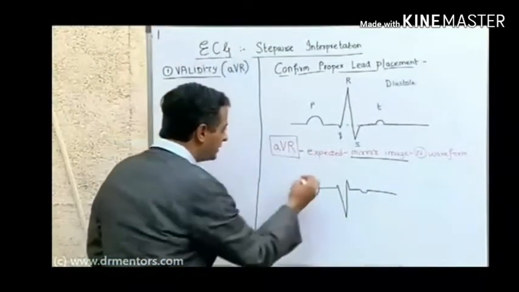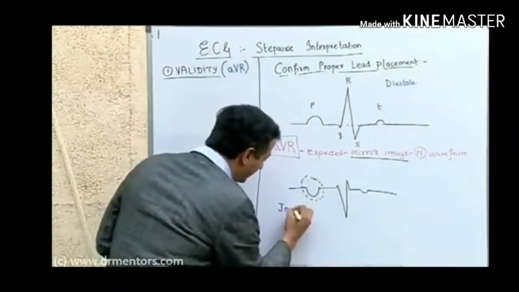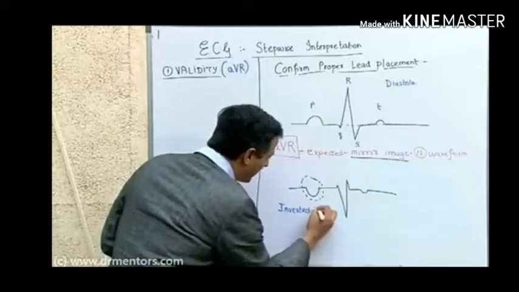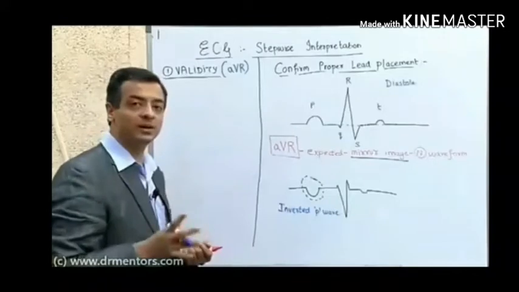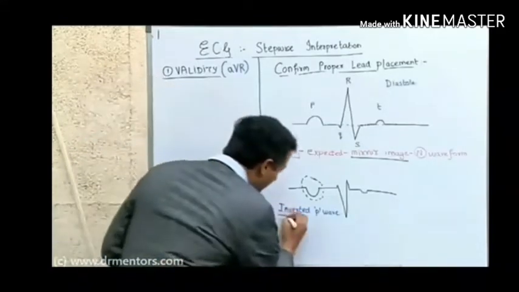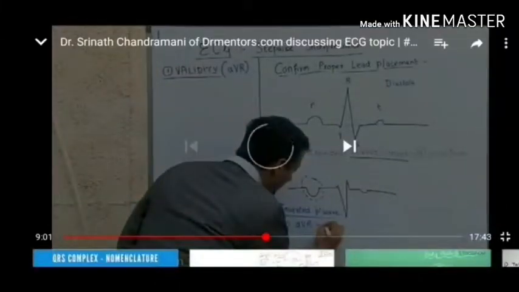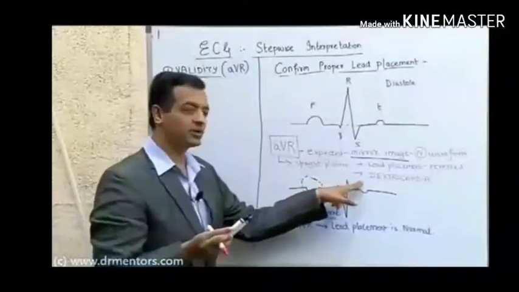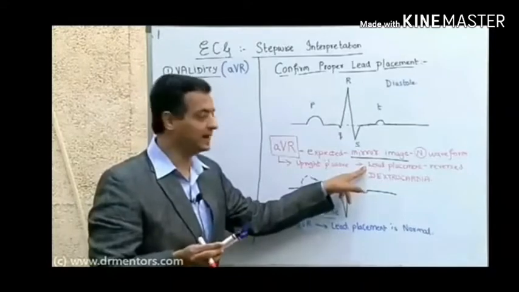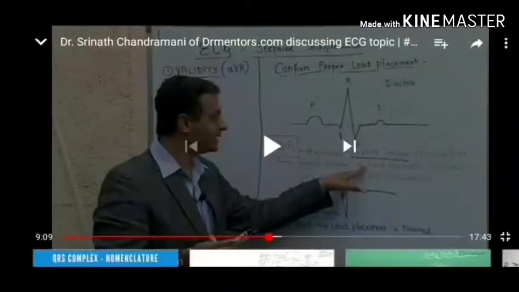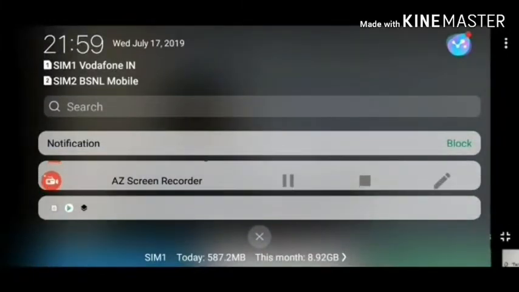So I want you to focus your attention on this inverted P wave. So if you get an inverted P wave in the lead AVR, what can you confirm? You can say that the lead placement is normal. So an inverted P wave in AVR is suggestive that the lead patient look for dextrocardia. If there is no dextrocardia, you will send the patient back saying that the lead placement